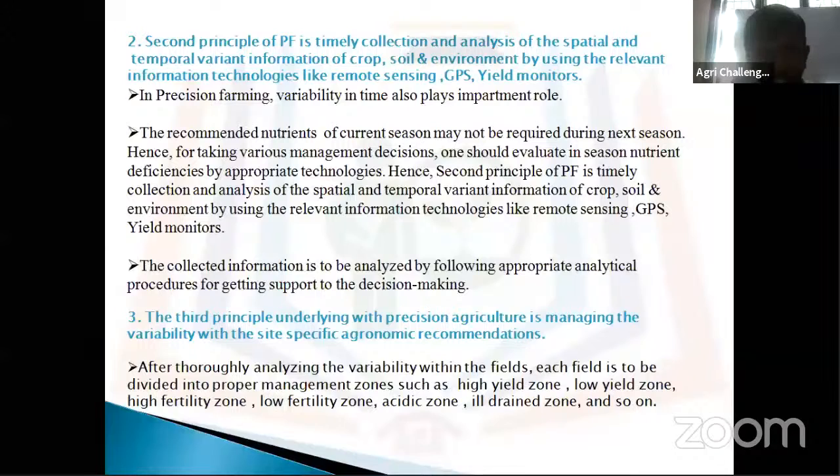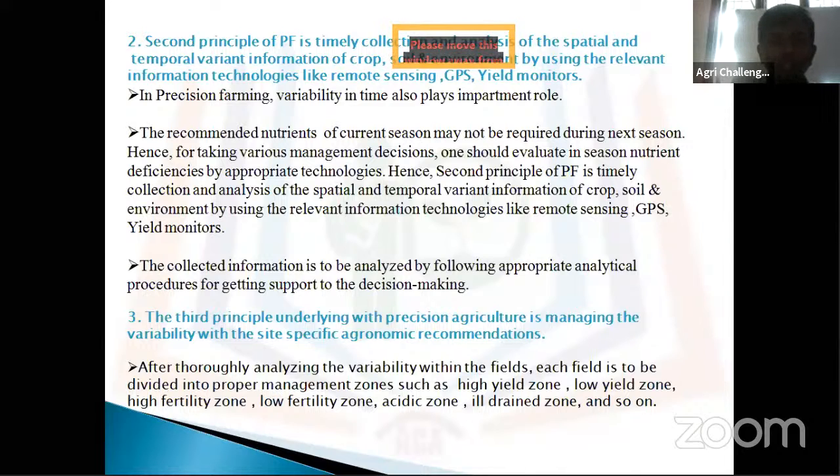Then yield monitors, the variation in yield maps. It also gives you the information that there is this type of variability in the field maps. This is the second principle. First principle is understanding the variability. Second principle,